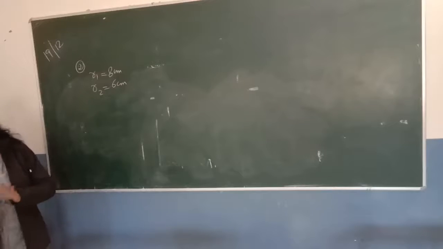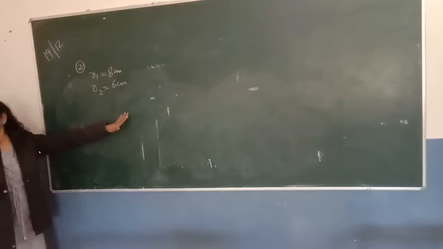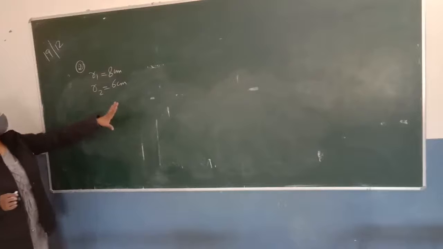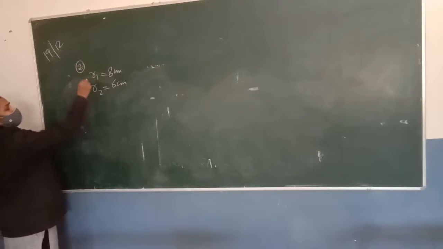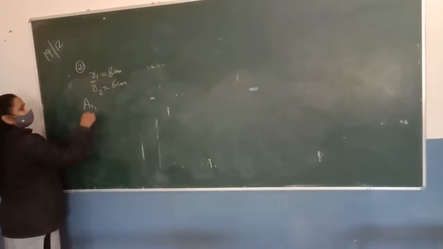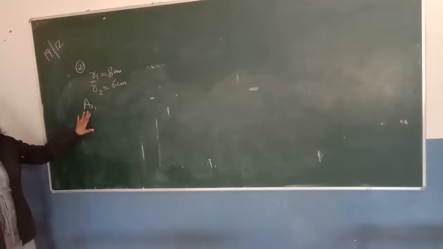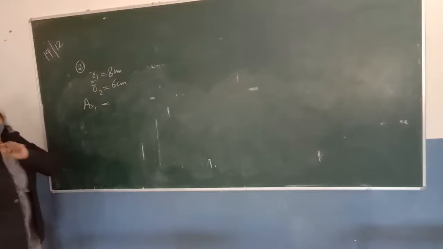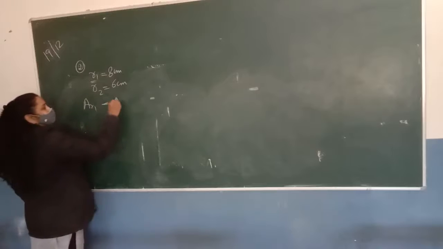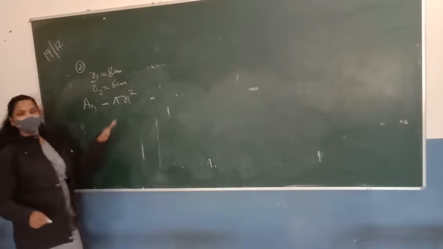Okay. So you want to find the radius of the circle which has the area equal to the sum of the areas of these two circles. So we know that the area of the first circle, I am writing it like A r1, is pi r1 square. This is the area of the first circle.